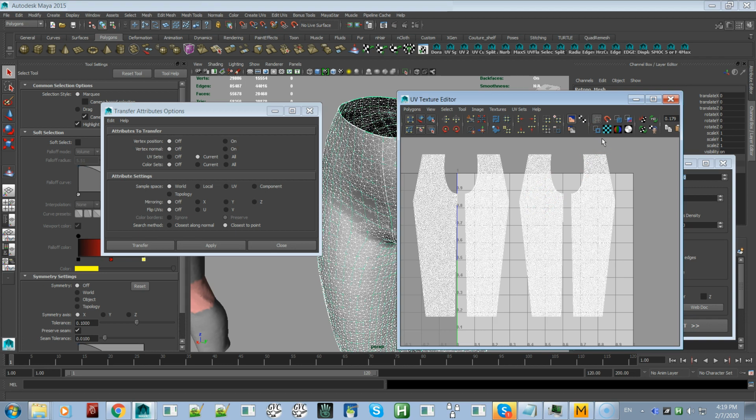Sometimes a mesh has more than one UV set, so you could do the one that's activated right now in your UV editor, or you could do all of them if you had multiple UV sets. Okay. World space, we're going to use world space and everything else off, and color sets off. Closest point, you could try closest point along normal, but since this is Retopo, I just use closest point,